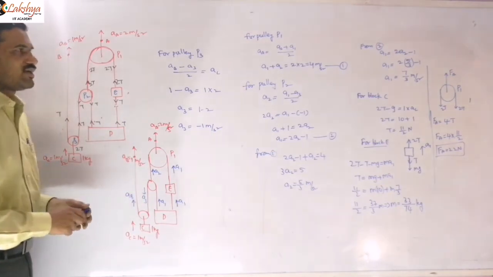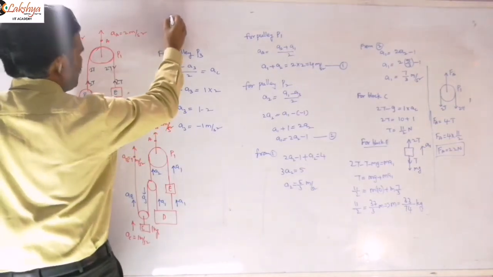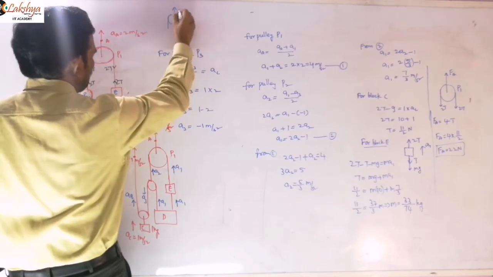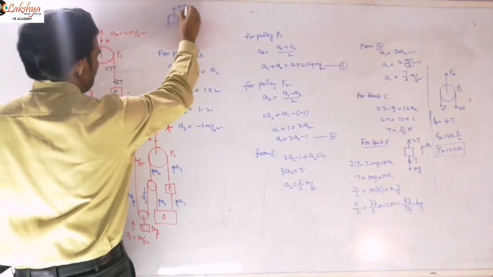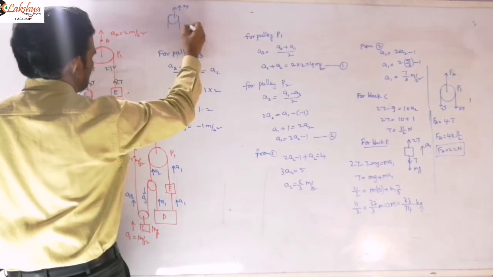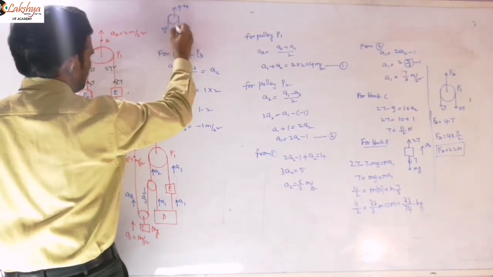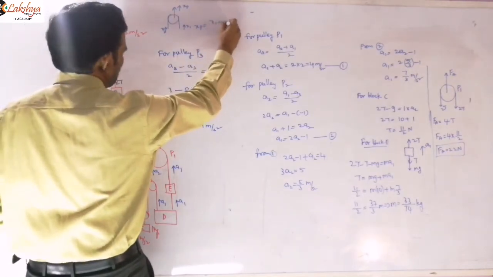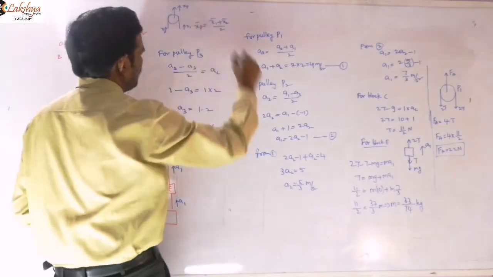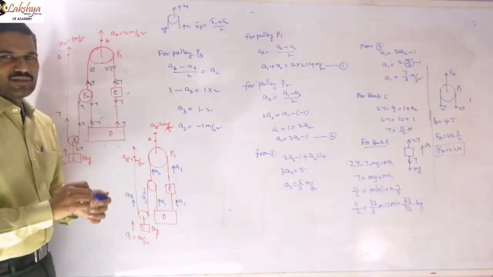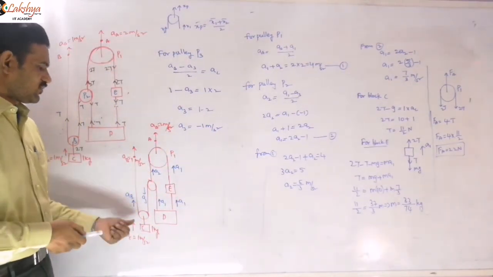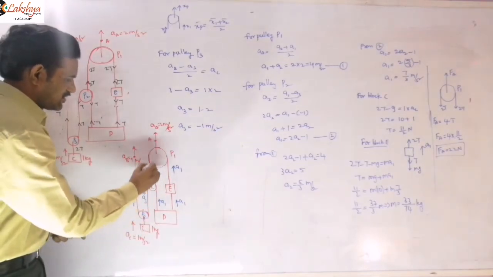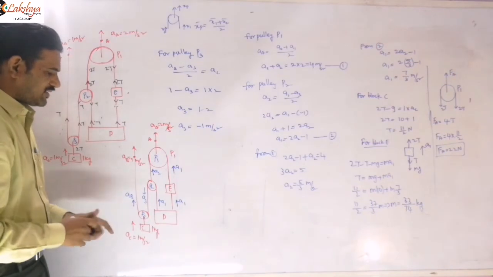This is our assumption. And we know the acceleration of the pulleys: if suppose a pulley is accelerating like this, and the displacement of this end is x1 upwards and this is x2 upwards, for example, then you can write the displacement of that pulley is equal to (x1 plus x2) by 2. This is in vector form, right? So now I am applying that procedure here first. For pulley P3, I am taking here. So P3 means this one. This is P2 and this is P1. So for pulley P3 we are writing here.